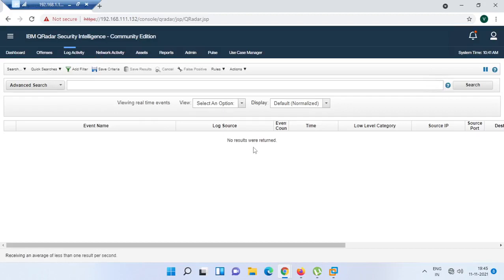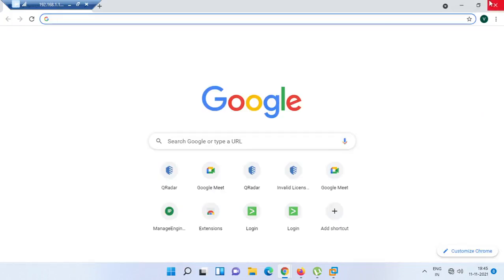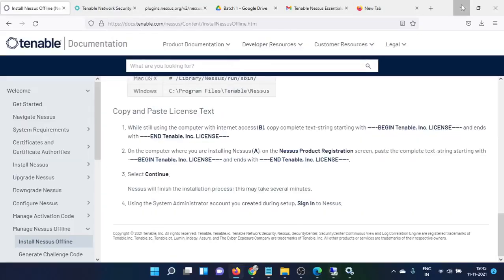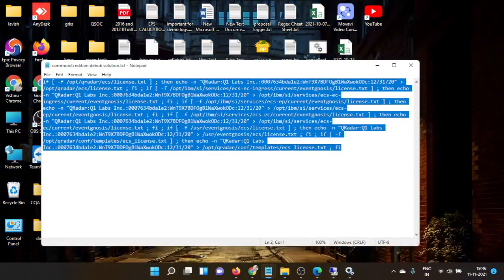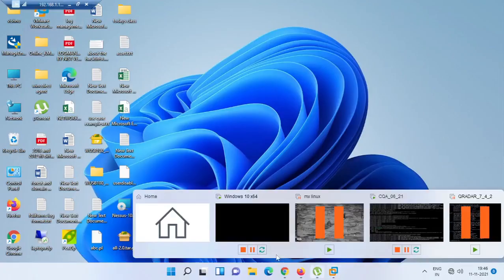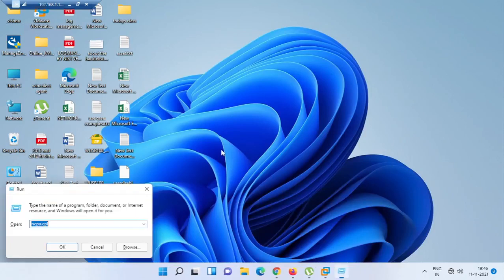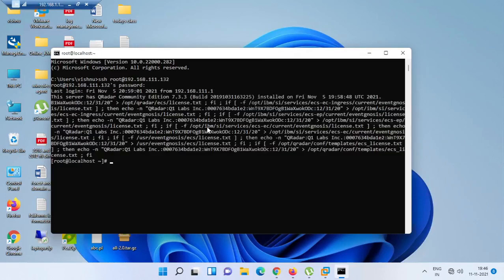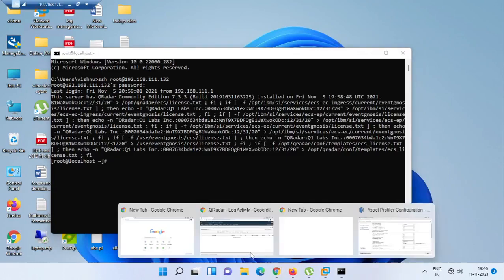See, this is the logs not showing in the QRadar, this is one of the areas. If you are getting an issue like this, just copy this particular one and paste it in your QRadar. So how can I paste? I have to go with the command ssh root@192.68.111.132. So now I think it will start.